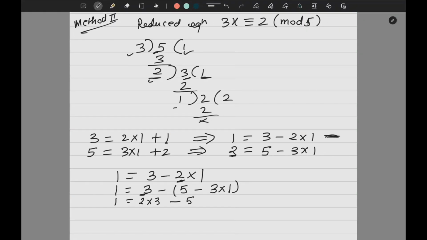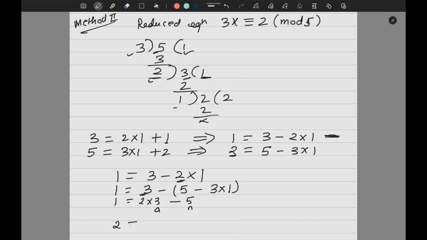If you compare it with your given equation or the reduced equation, this is my value of n. Okay. And 3 is the value of a basically. Correct. But I don't have anywhere b. So what is b here? B is 2. I need to bring that in picture. So I will multiply the whole equation by 2 because I want to bring 2 as well. Okay. So when you multiply it by 2, what you will have?